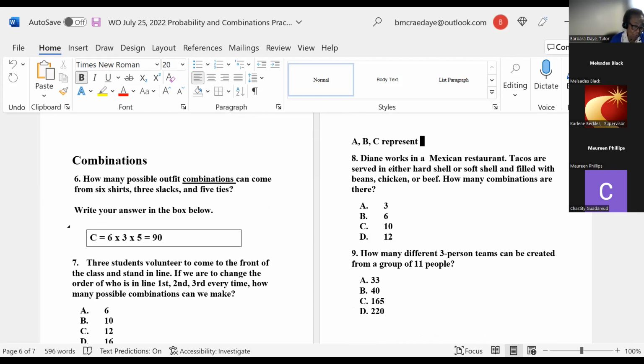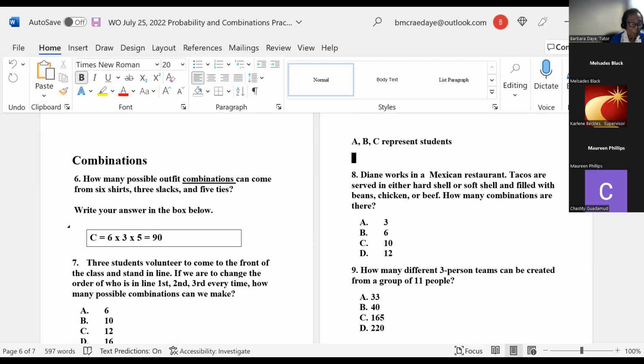Or you could just use a factorial. It's 3 factorial. But let me just go through this. This represents students. Now what I want you to do is put these in an order like 1, 2, 3,